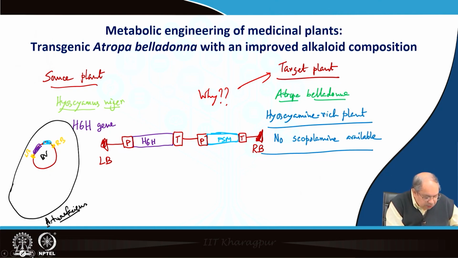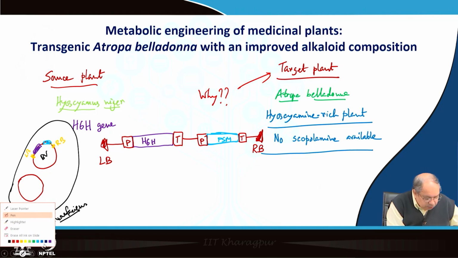In addition to that, there will be another plasmid in the Agrobacterium, which is again a disarmed plasmid, which contains the virulence